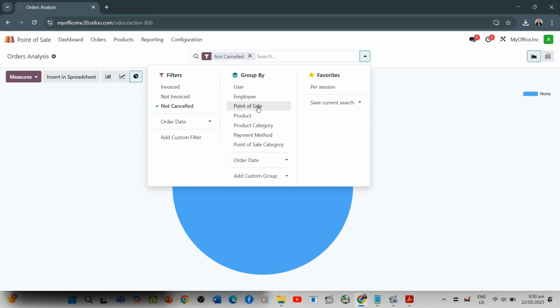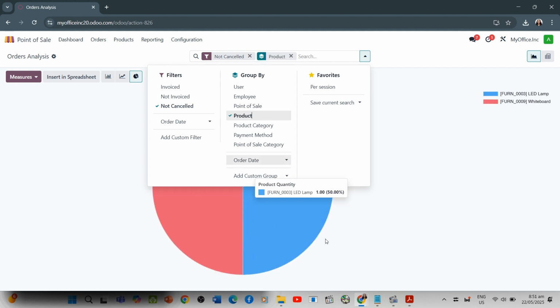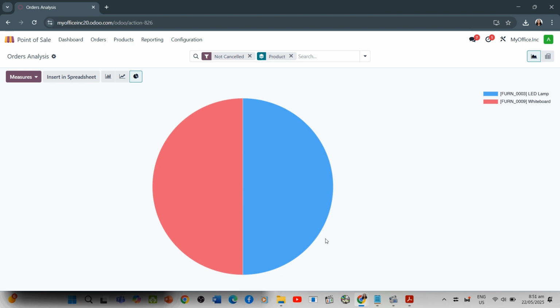Then click the product. And you will see the analysis.